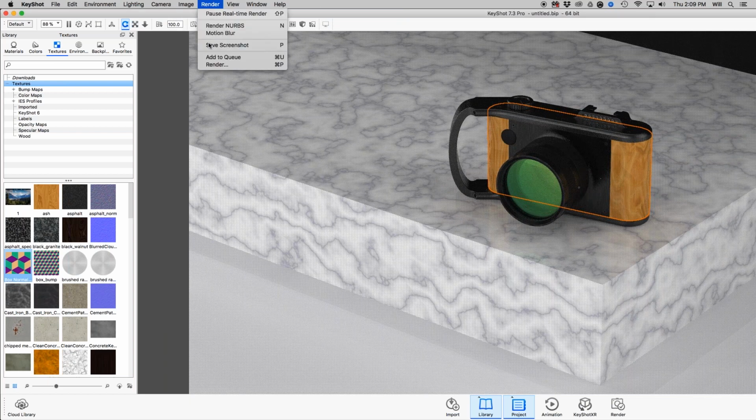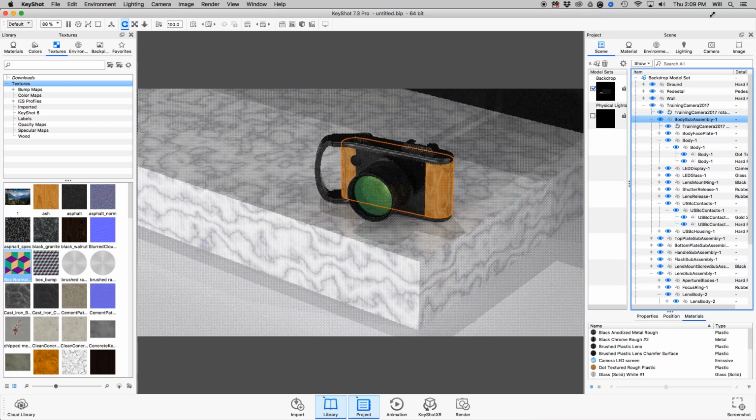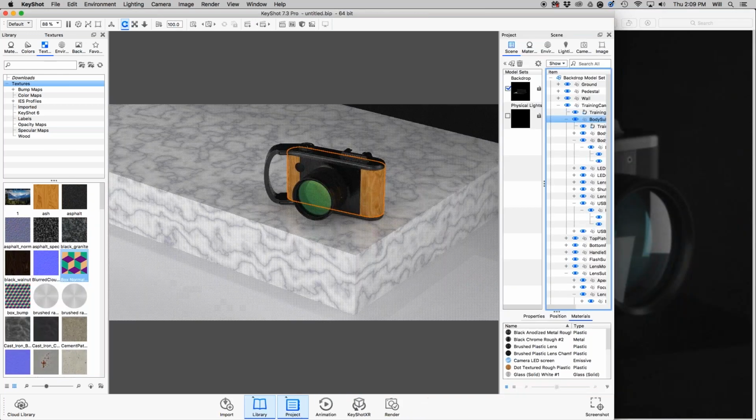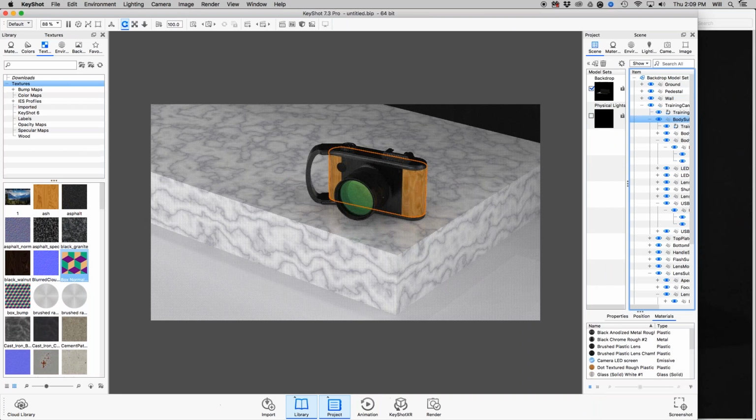Actually, sorry, we want lock aspect checked on. We do not want lock resolution on. So now if I resize my window, it will allow me to adjust this while preserving that aspect ratio. If we want to maintain that resolution, we make sure we lock the resolution. And now I can't scrunch it down any smaller, and it won't scale up any bigger, but it maintains that